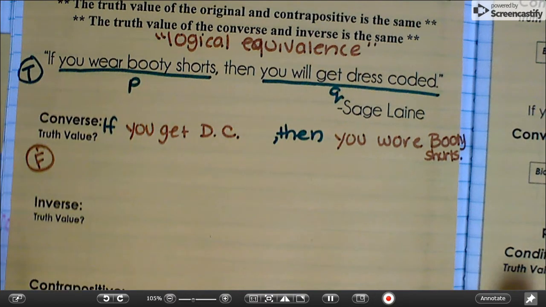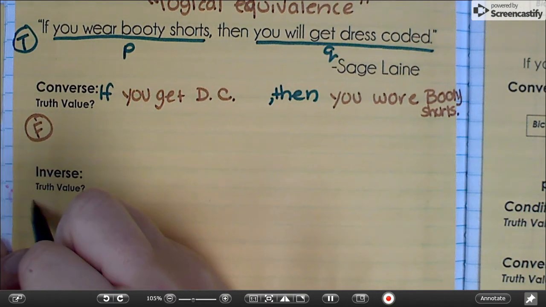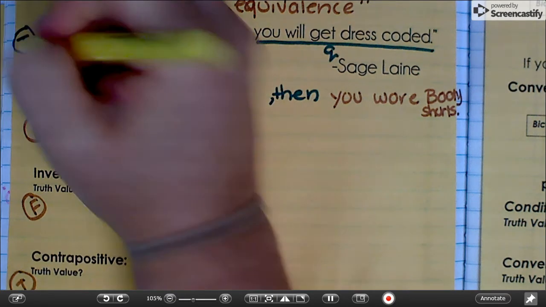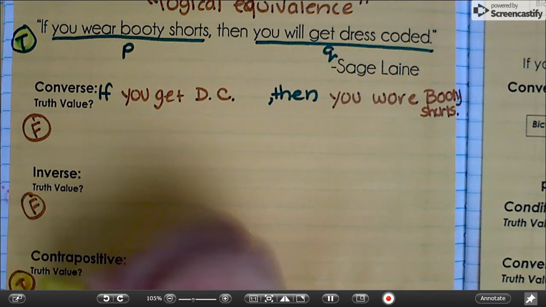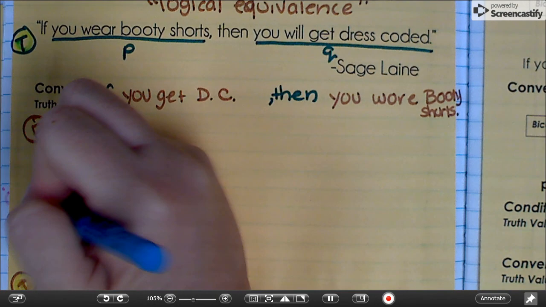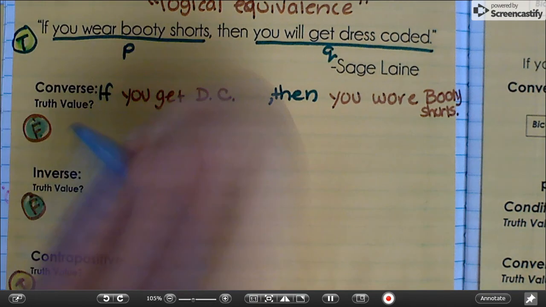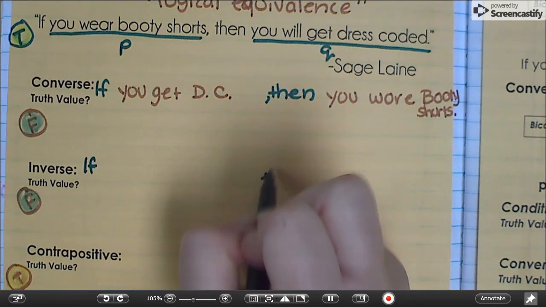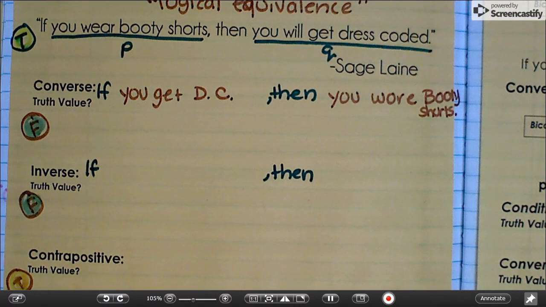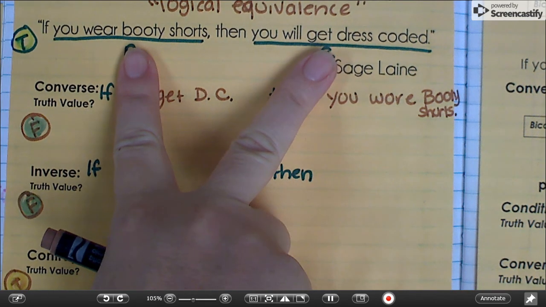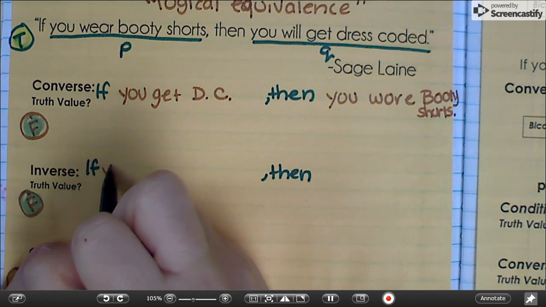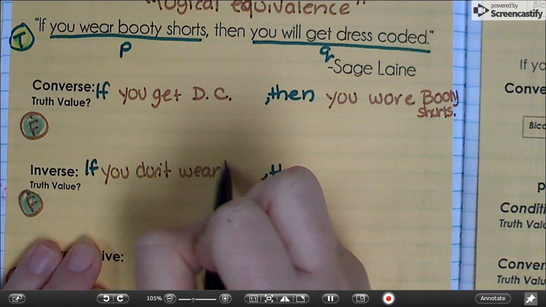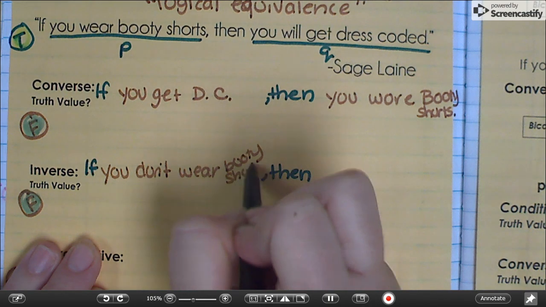Now, before we even go forward, we know that the inverse is going to be false and the contrapositive is going to be true. We don't even need to write them to determine that, because the original and the contrapositive have the same truth value, and the converse and the inverse have the same truth value. For inverse, again, the if and the then are stuck, and we need to negate the hypothesis and the conclusion. So we need to make them negative. If you don't wear booty shorts, then